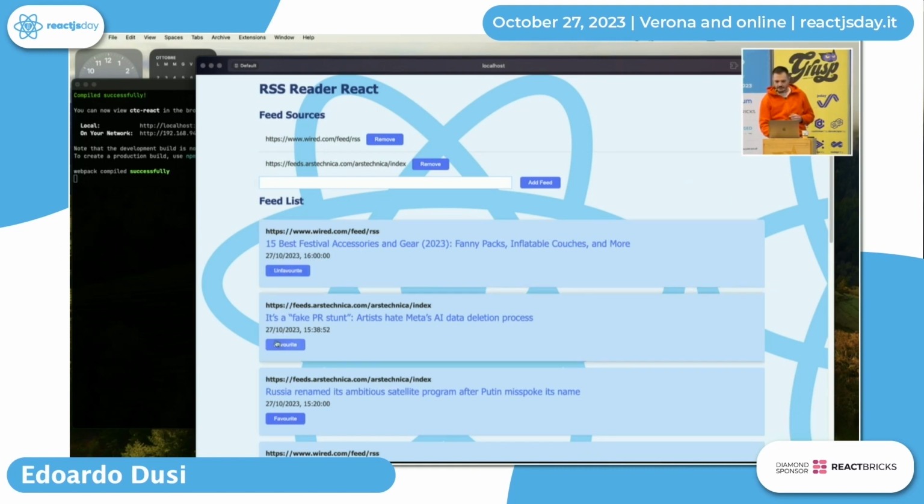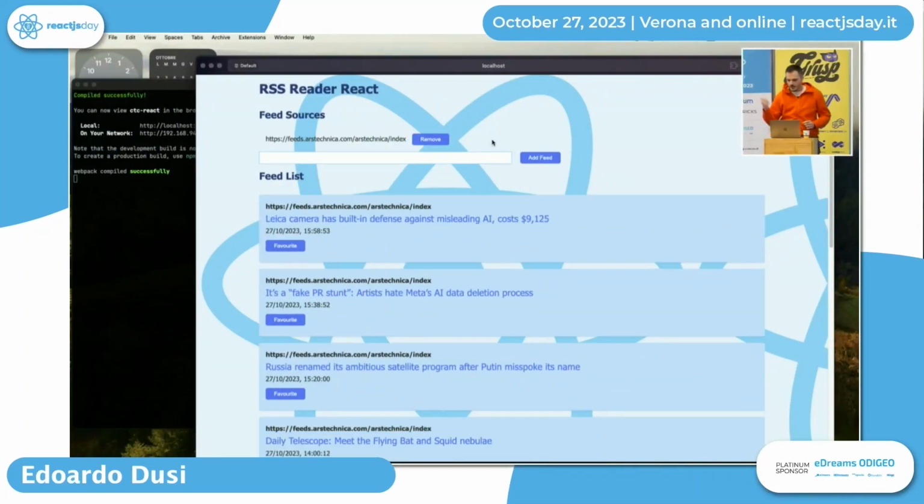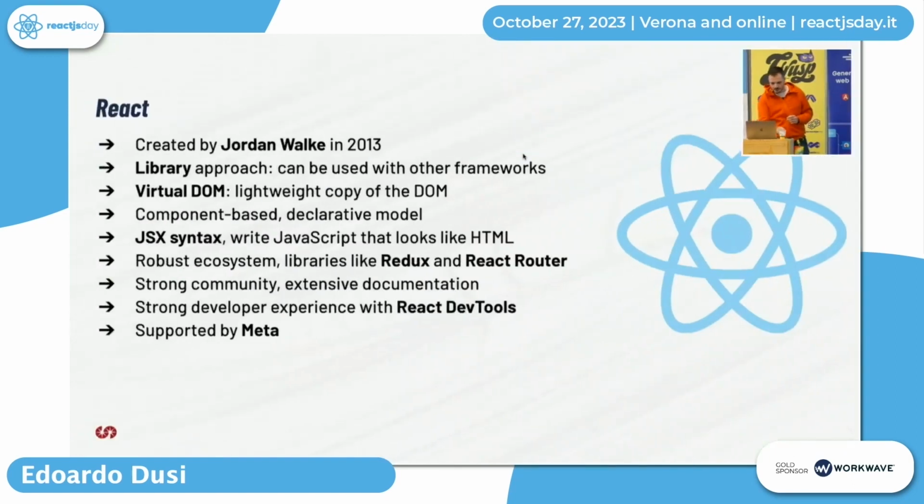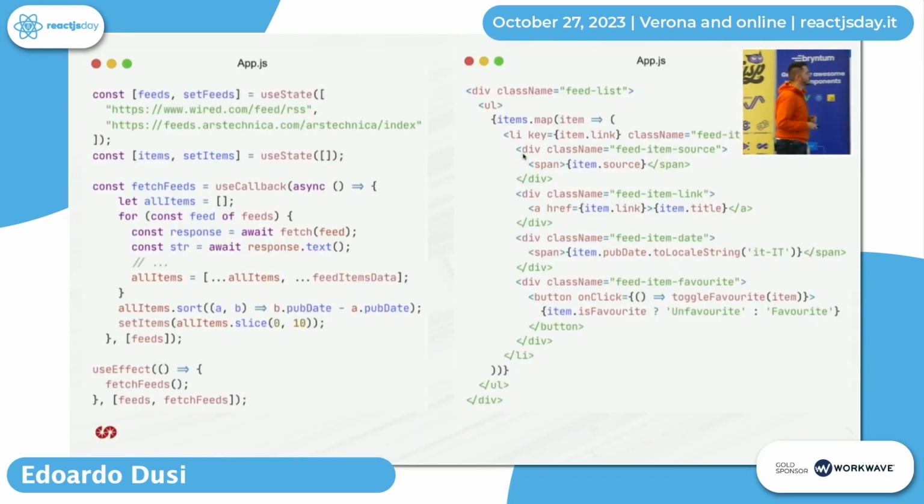And we can add favorites, add an item as a favorite. So we have a state. And also we have a state here because we want to be able to, for example, I will copy this and I remove this. So the Wired feed disappears, then I add it back, and the React feed is there. So perfect. This is my app. And this is a very simple app, but it covers lots of concepts, like, for example, the rendering and the state management. So let's go back to the presentation and see the code.